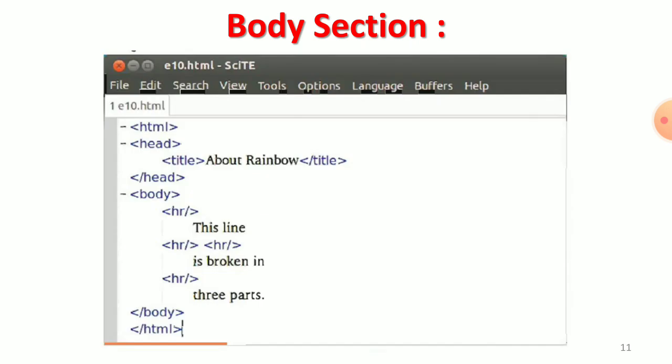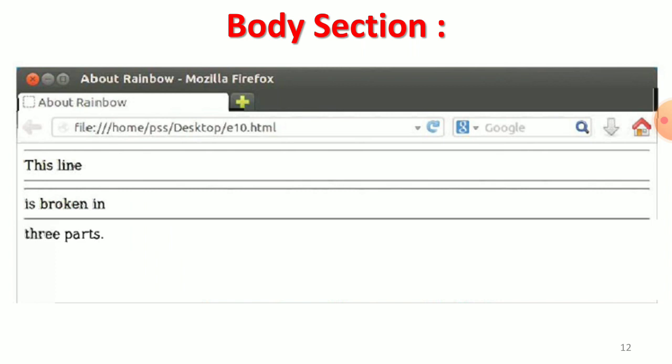Yes, this is an example of the hr tag. hr, this line hr, that means 2 lines, and then it is broken, and hr in 3 parts. That means the output is first line hr, and then second your text this line, and 2 times hr, that means 2 lines hr, and then it is broken with text, and then 1 time hr, that is a horizontal row, and then 3 parts.